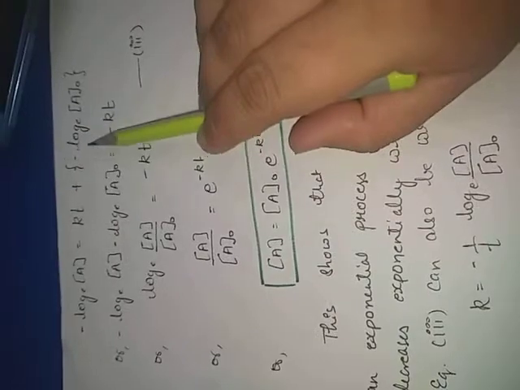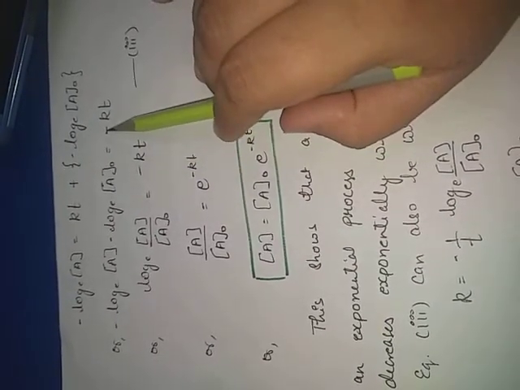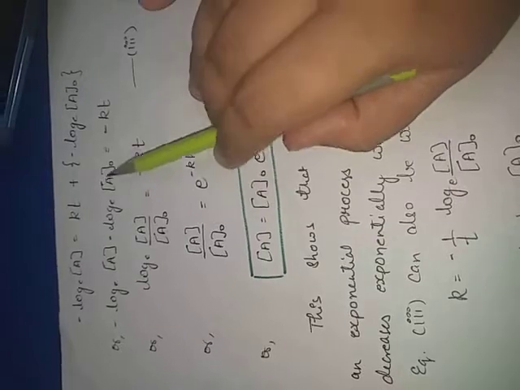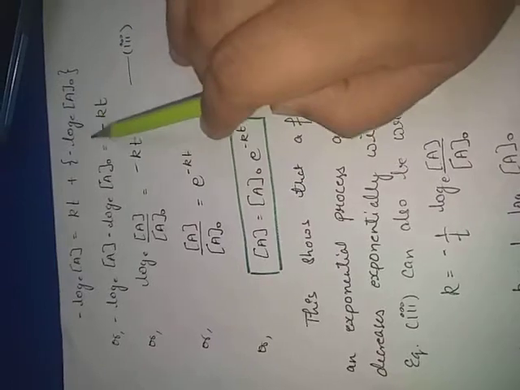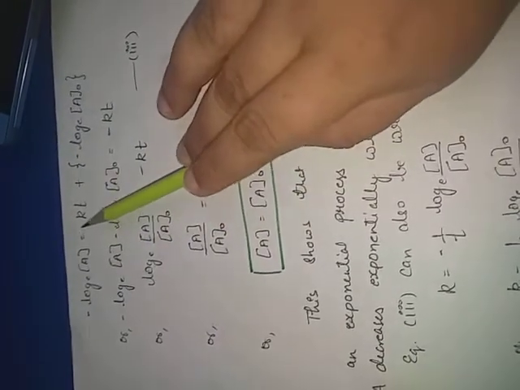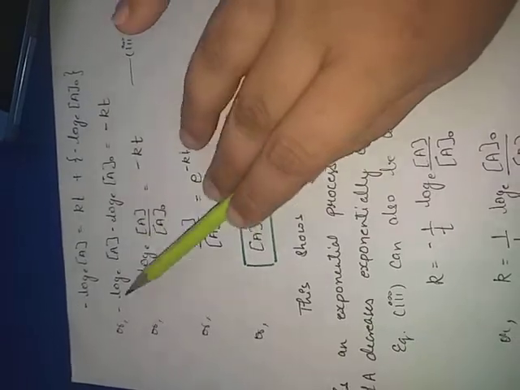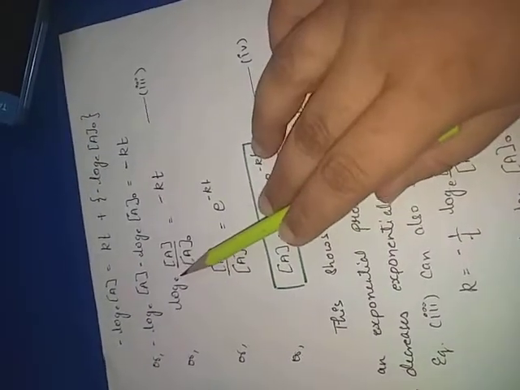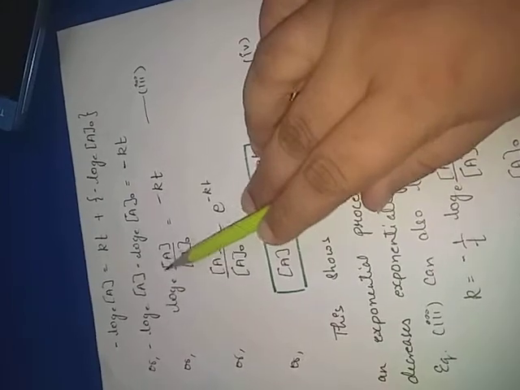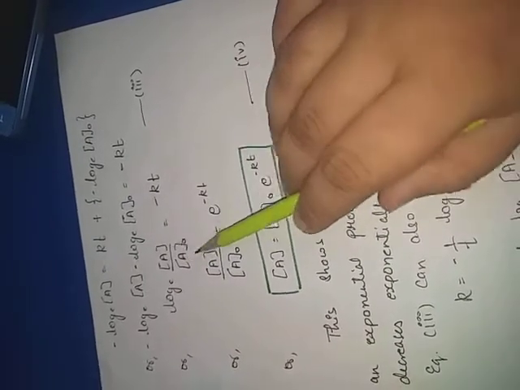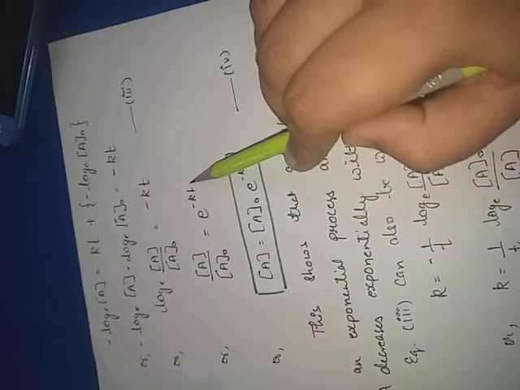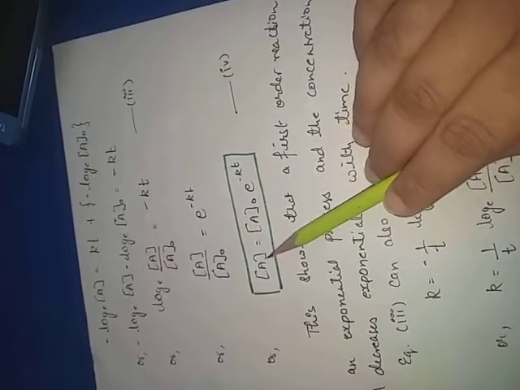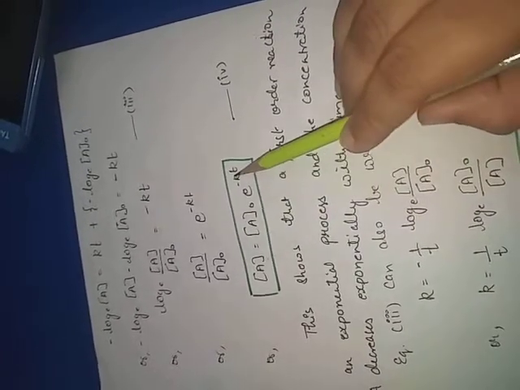So now it is equal to this. See here, because we have put a negative sign, it will become minus log base e A minus log base e A naught. Since we are putting a negative sign, it will remain negative, and this will also remain negative. So log base e of the molar concentration A upon A naught is equal to minus Kt. A upon A naught is equal to e raised to the power minus Kt, and here the molar concentration of A is equal to A naught e raised to the power minus Kt.